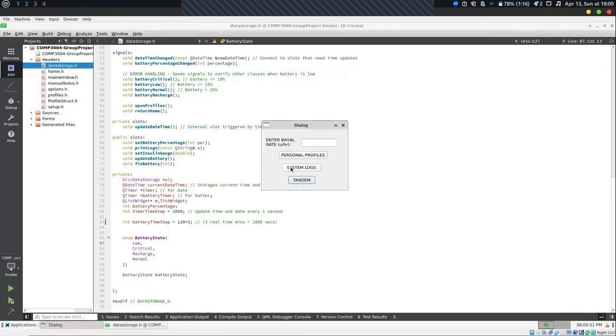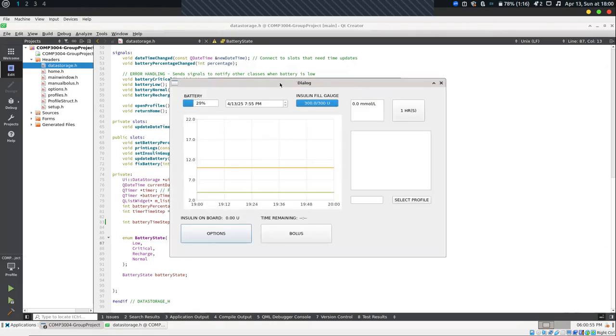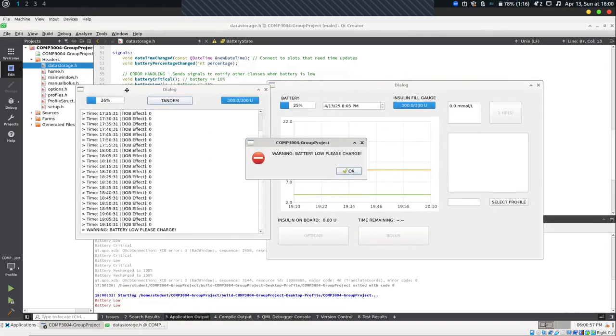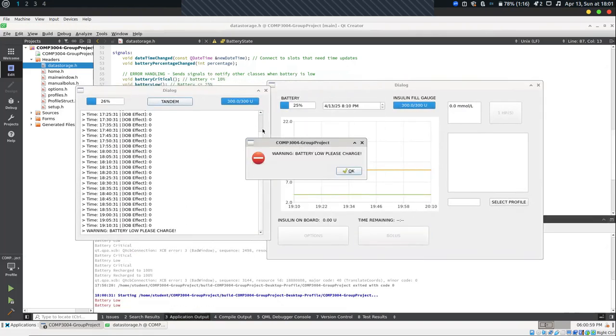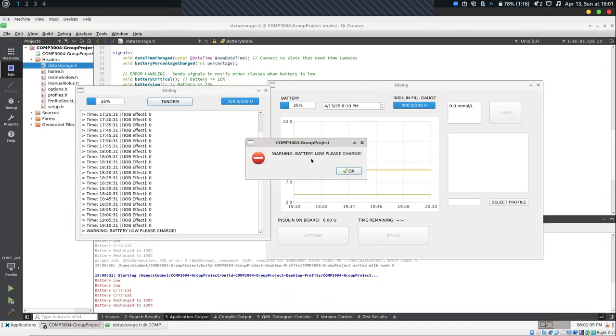Click Options and then System Logs to open up the System Logs page, then the Tandem button to open up the main page. Now we have both of these. Initially, when the battery hits 25%, we'll get a warning message here, which says that the battery is low. This warning message also shows on the system log down here. Click OK,